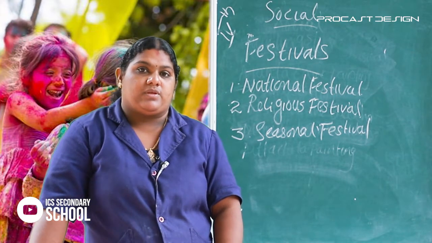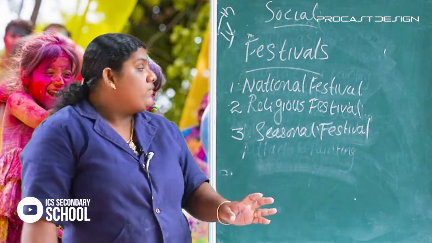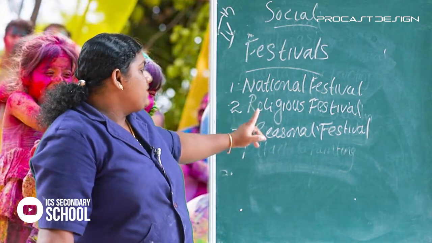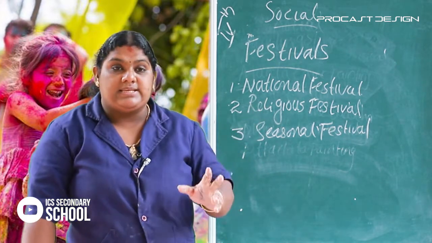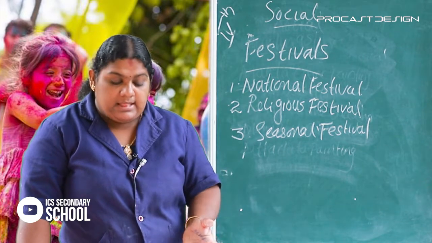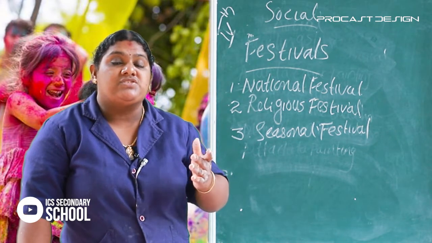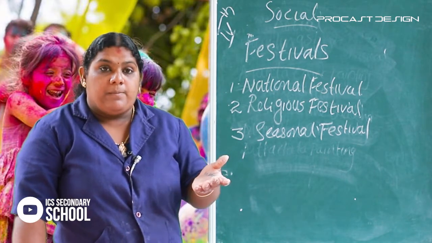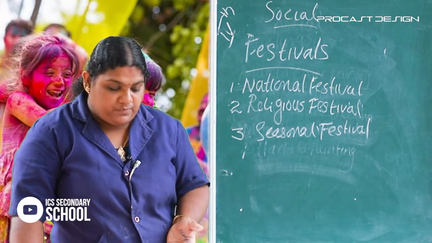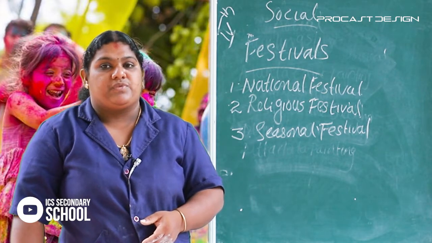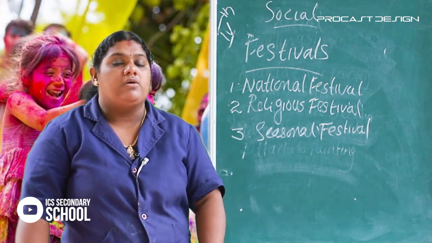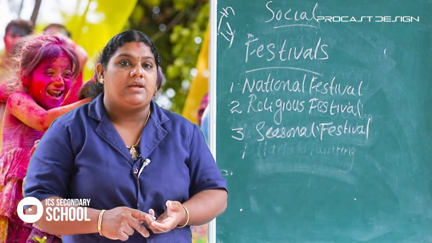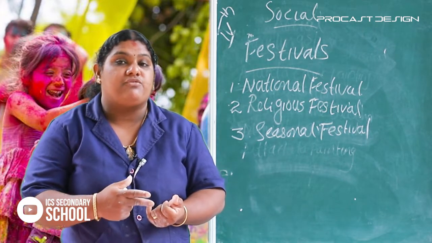So, the festivals are divided into 3 types: national festival, religious festival, seasonal festival. In the seasonal festivals, at sowing and harvesting time, we celebrate festivals like Baisakhi, Bihu, Onam, then Pongal, etc. So today we discussed the architectural splendors in Indian society, architectural contributions in different fields,